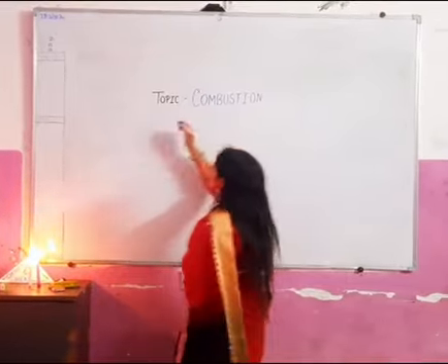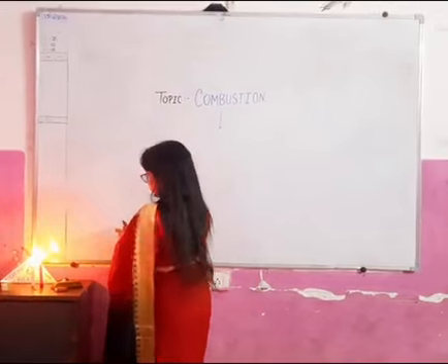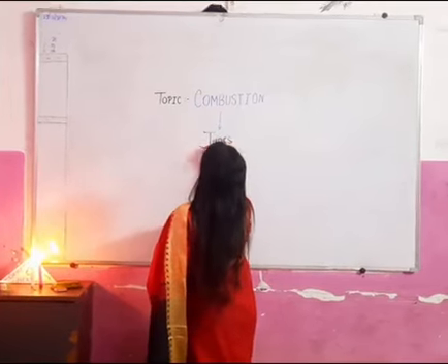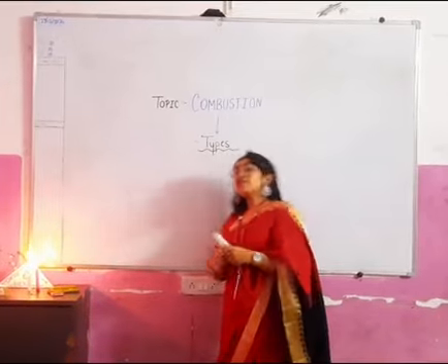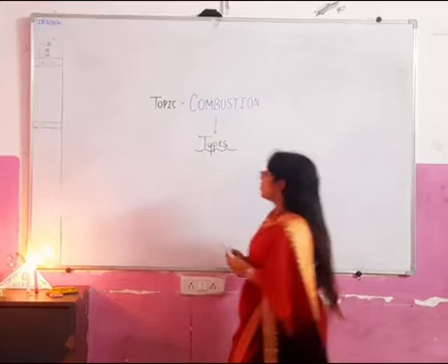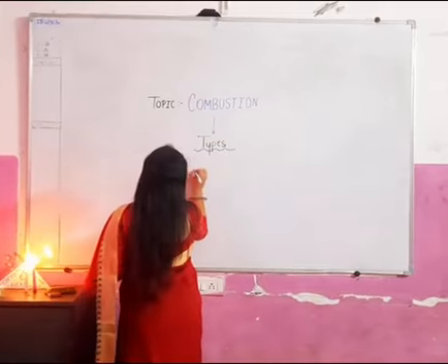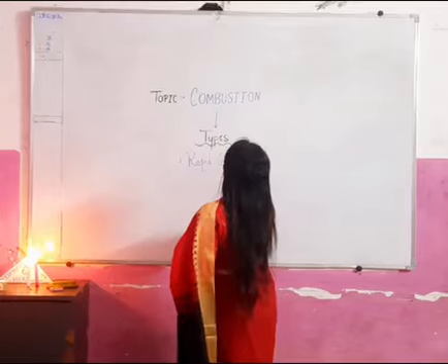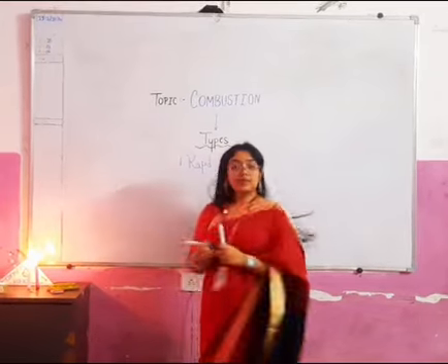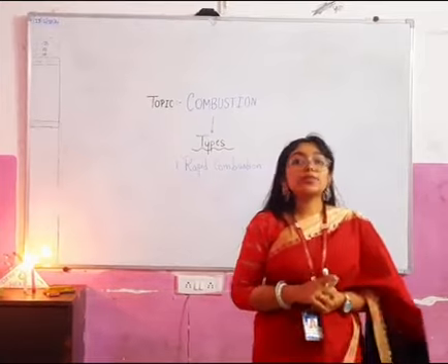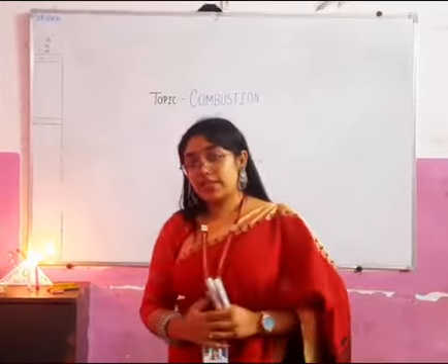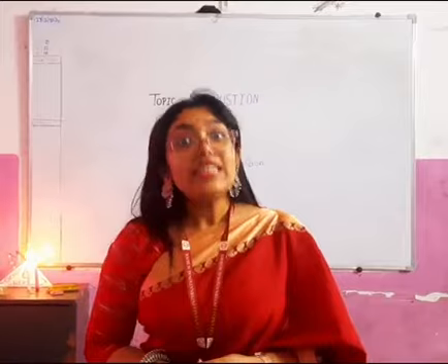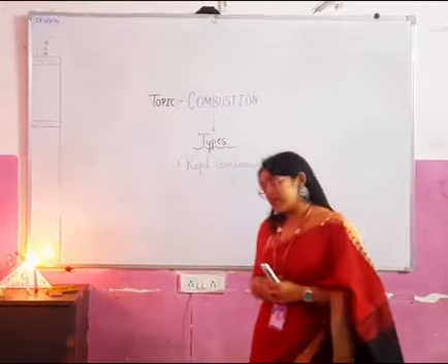Okay. Now, combustion and its types. How many types of combustion are there? We know mostly 4 types of combustion are present. First type is what we have shown you here: very rapid combustion, where the substance can burn very quickly. Rapid combustion is where the substance has a very low ignition temperature and burns so quickly, a very quick process.